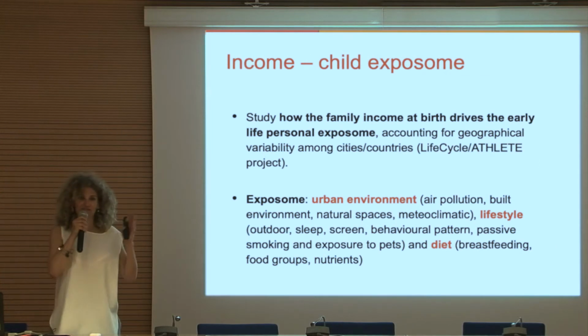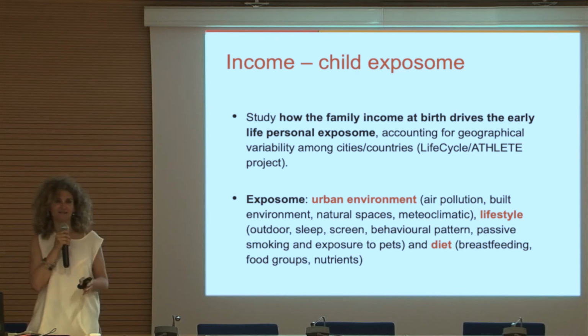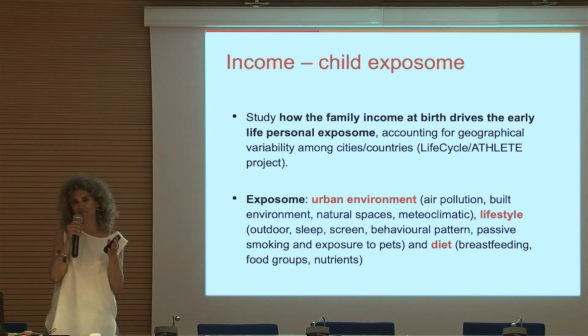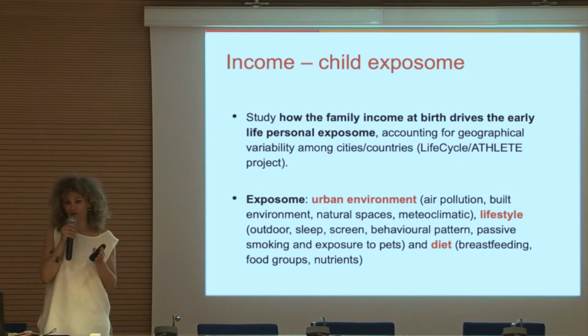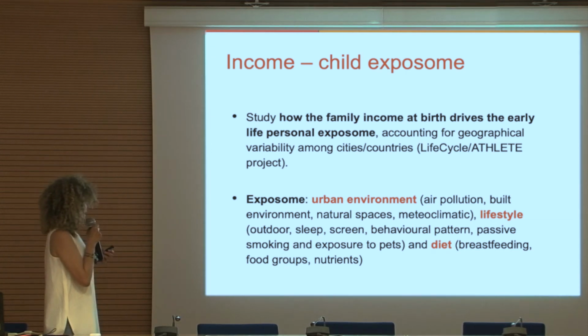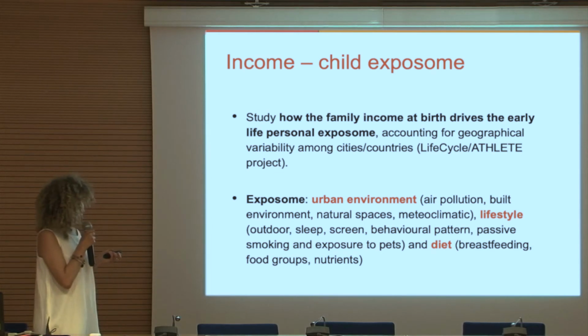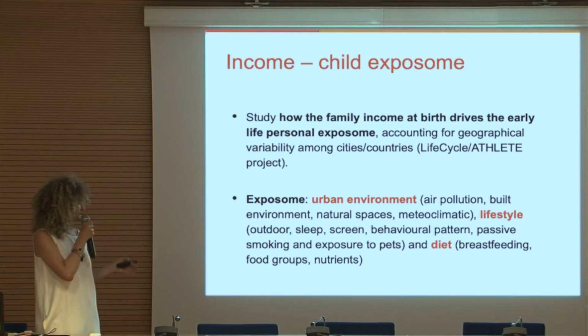So after having developed this indicator and derived it for these studies and checked that it was behaving well, we used it to study the association between family income and the early life exposure pattern of the children, using data from different studies in different countries. The exposome domains that were available for our analysis are the urban environment, so air pollution levels, built environment, natural spaces,